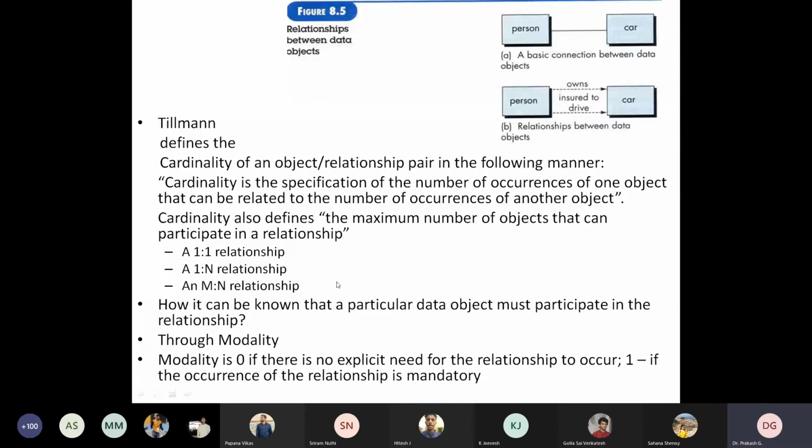But for the m to n relationship, you skip the ownership, owns, insured to drive, and simply have the basic connection of two objects, person and car. Now the person may be a driver. What the driver can do with the car is call upon any number of passengers in the car. So that means carpooling is there.